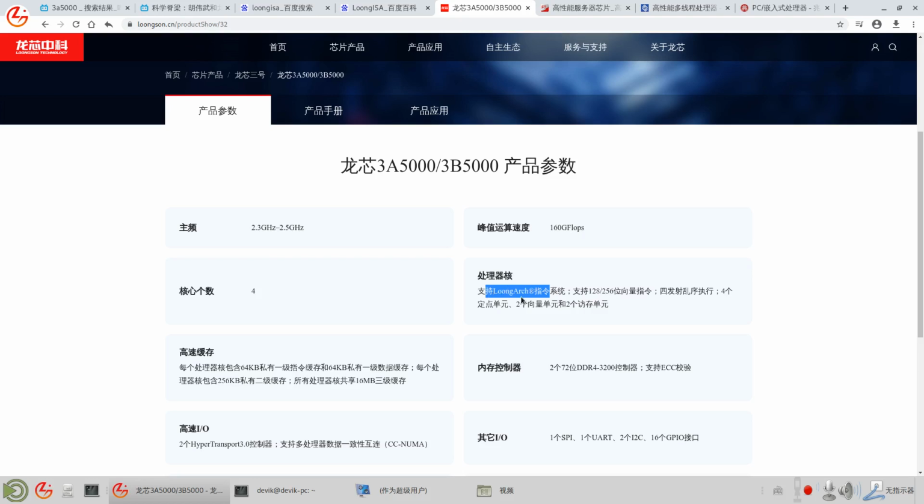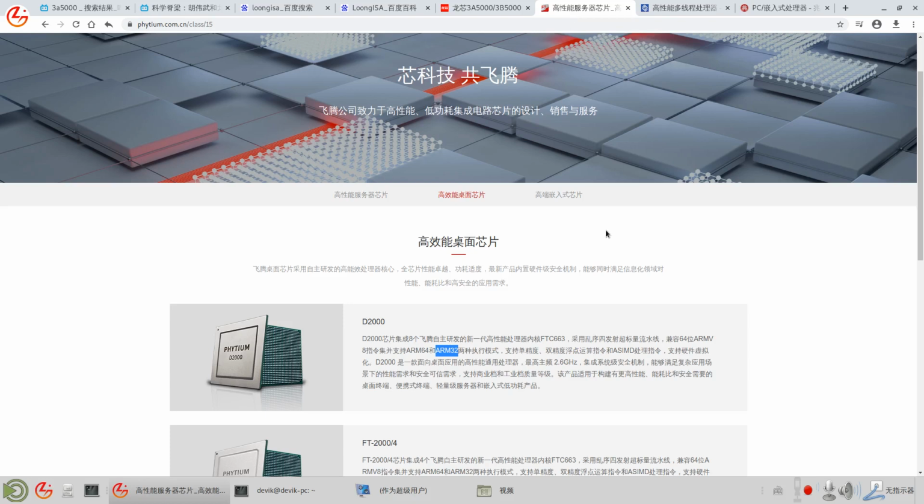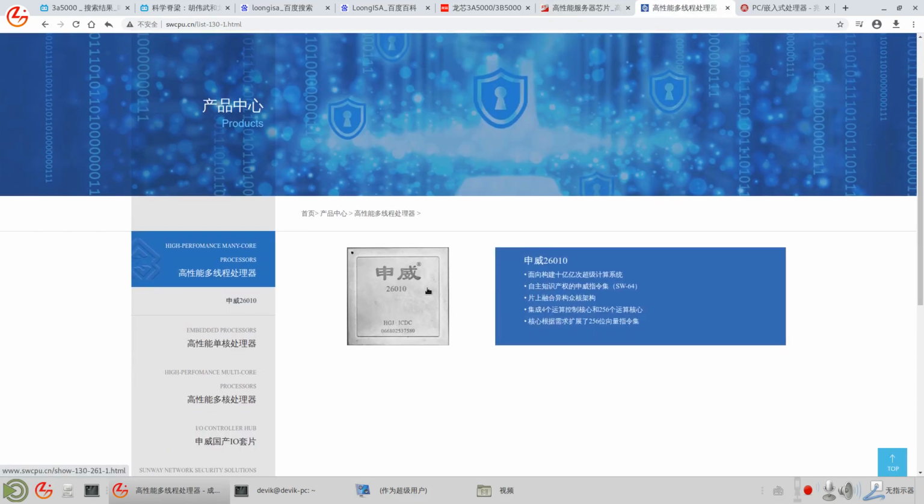So this is LoongArch. Okay, that's a brief history of Loongson, and Huawei and Phytium also use ARM. Another one is Sunway, which is also very homegrown. Why?